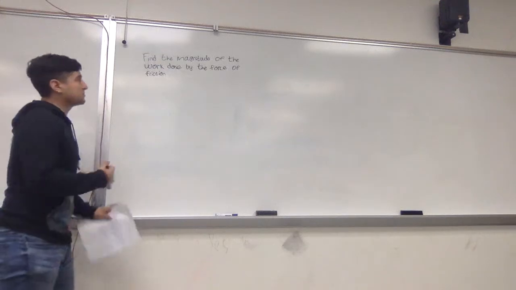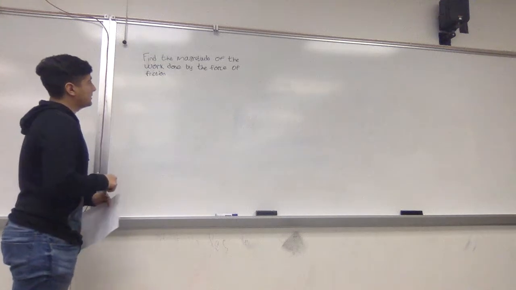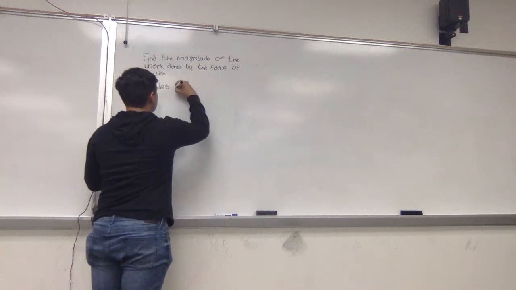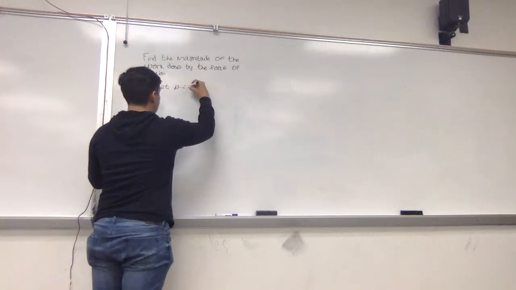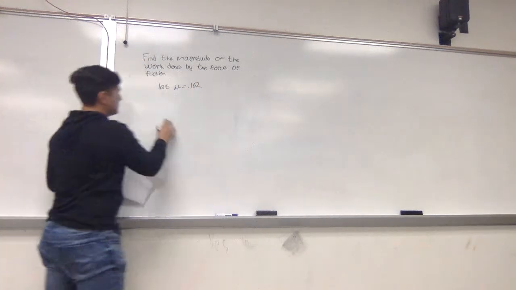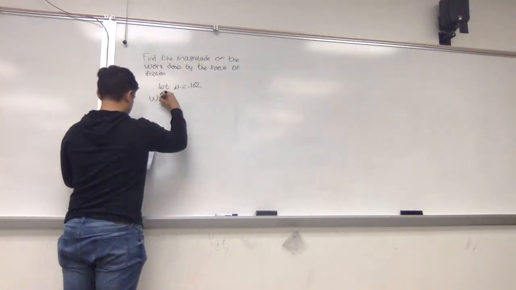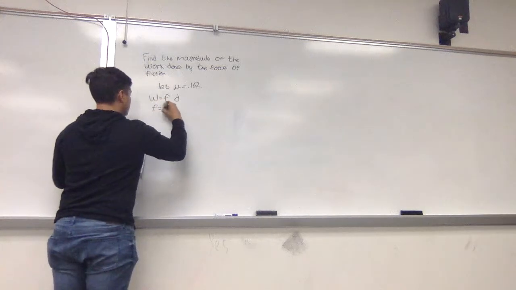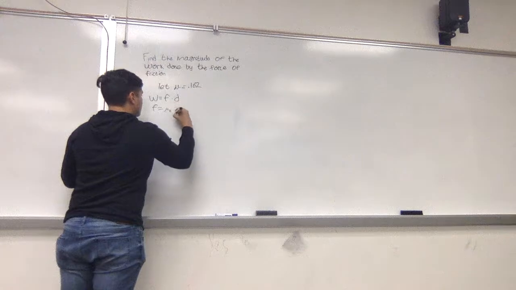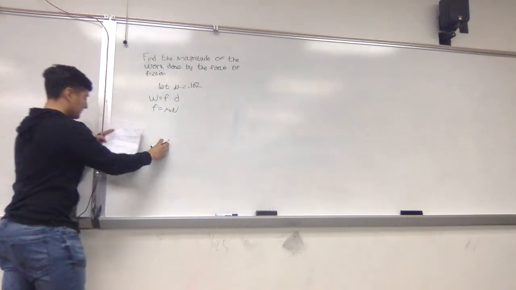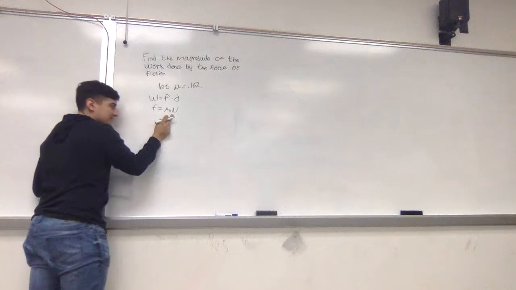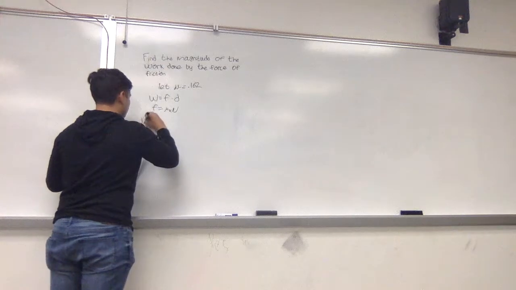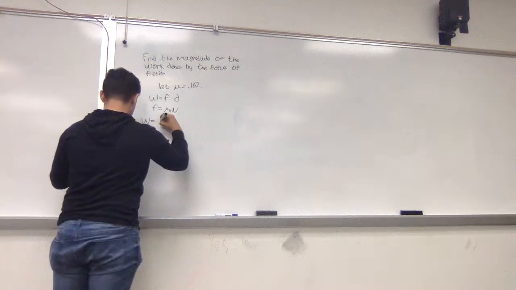So for part two of this problem, we're going to find the magnitude of the work done by the force of friction. So let mu equal 0.162. In order to find work, this is the force times displacement. And the force of friction equals mu kinetic times N. Since force equals this, we can replace it for force. So whenever we rewrite it,